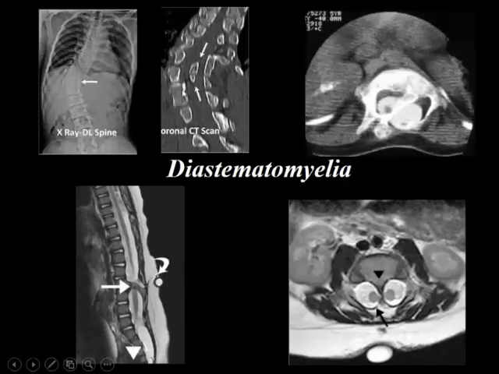Now, in diastematomyelia, again, one take-home message here is whenever you see a scoliotic patient and you think this child has a diastematomyelia, also ask for CT sections. Sometimes the thickness of the bony spur cannot be very well made out on MR. This is the CT myelo which is done. You can see the thick bony spur in between. So to evaluate bony spurs, the best investigation is CT.